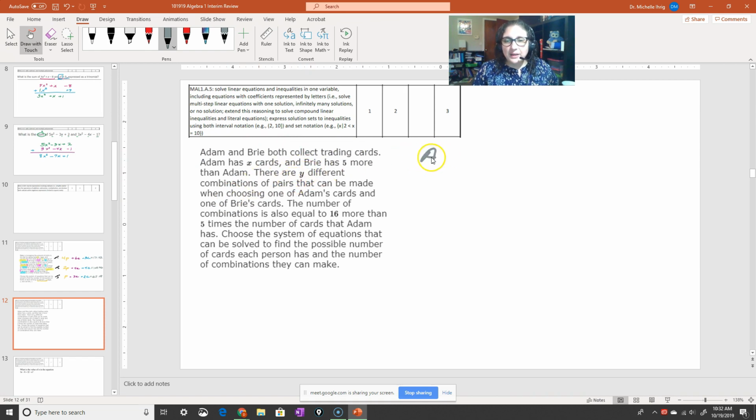So what I would do here, I can still highlight, but I'm going to show you another strategy. I'm writing Adam equals X, and Bree,